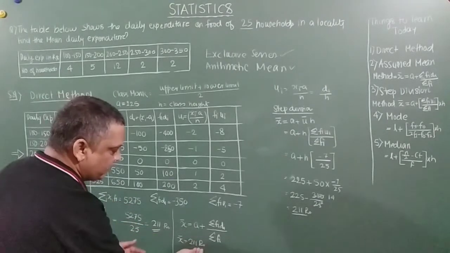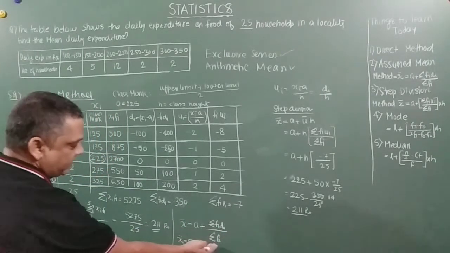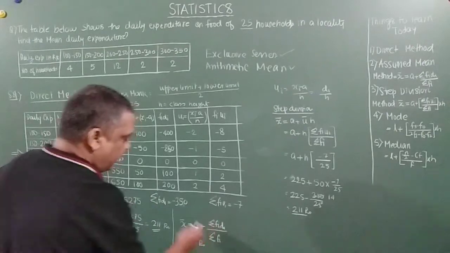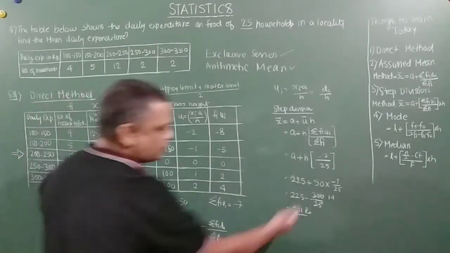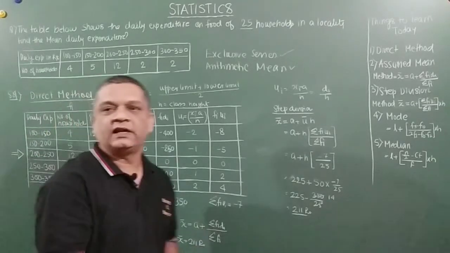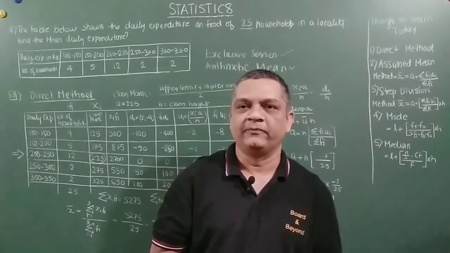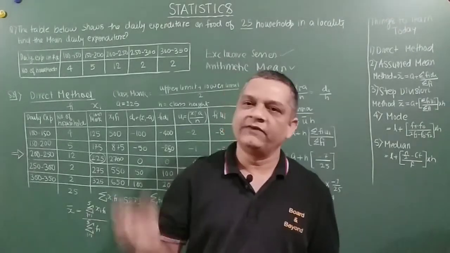But here I am just calculating 350 divided by 25. And here again that 350 got reduced to 7, 7 divided by 25. So this was the illustration to use all the three methods on the same problem. Right friends? So with this we will move forward.